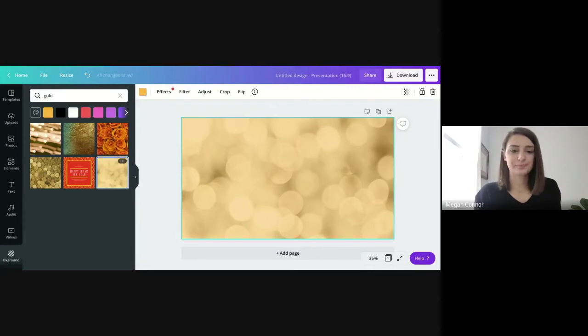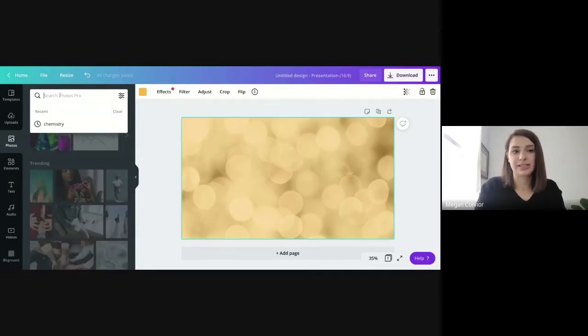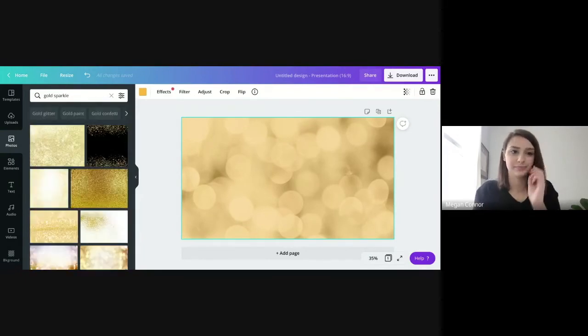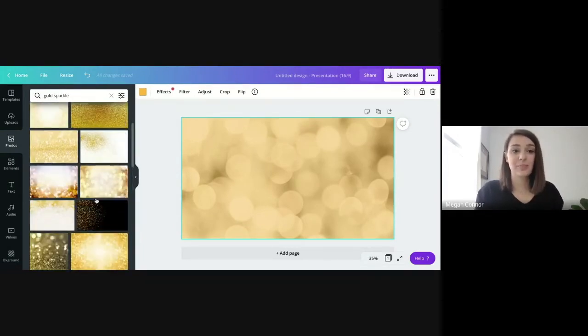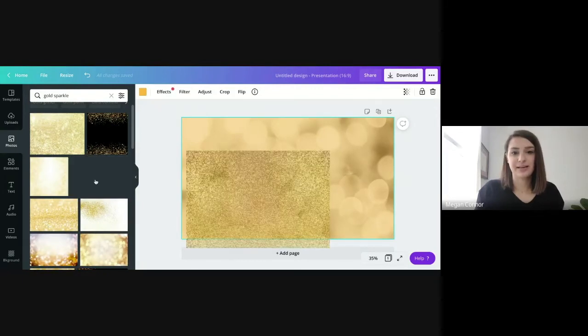Super, super simple. But there's also another way that you can do a different background that does give you a few more options, and that would be to use a photo. So I'm up here on the photos, and I might want to type in, again, gold, but maybe I'll do like gold sparkle. And it still comes up with all of these different photos, but whereas you can put the photo in